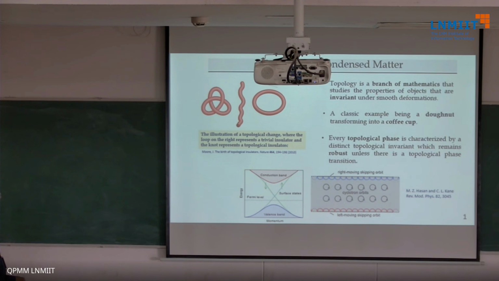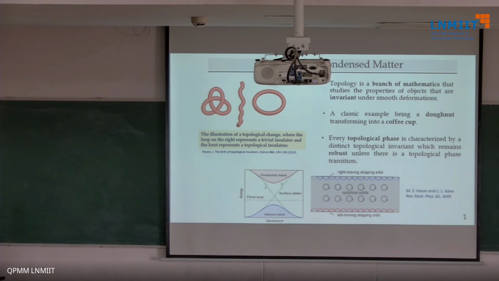So we have already shown that these are cyclotron orbits and so on. And if you want to look at it in K space, E versus K, you have a bulk gap. The conduction band and the valence band have a clear gap. But there are edge modes that will traverse across the Fermi level in a topological insulator, and these green lines would not be there in a trivial insulator. And the topological insulator will have some energy modes propagating across the Fermi level, and will propagate from the conduction to the valence band. So clearly, these topological insulators are distinct from normal insulators, which are also called